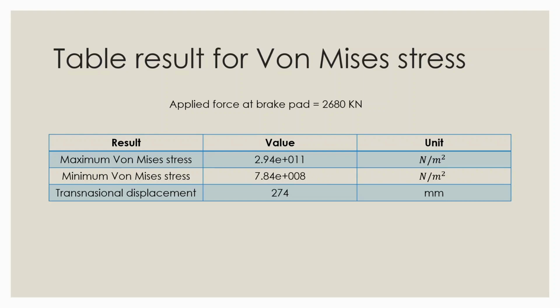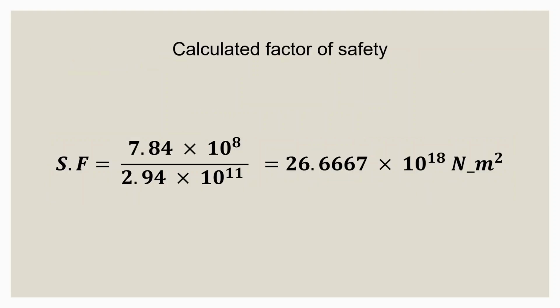For maximum von Mises stress is 2.94 Newton per meter square. For minimum von Mises stress is 7.84 Newton per meter square. Maximum displacement is 274. This is for factor of safety,